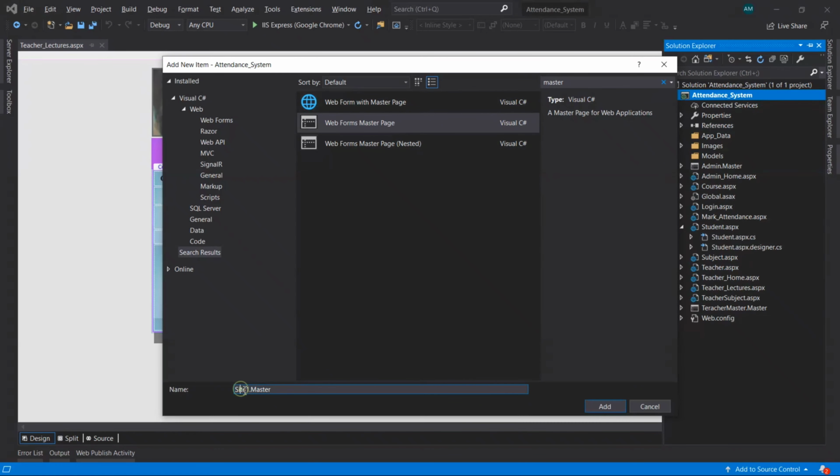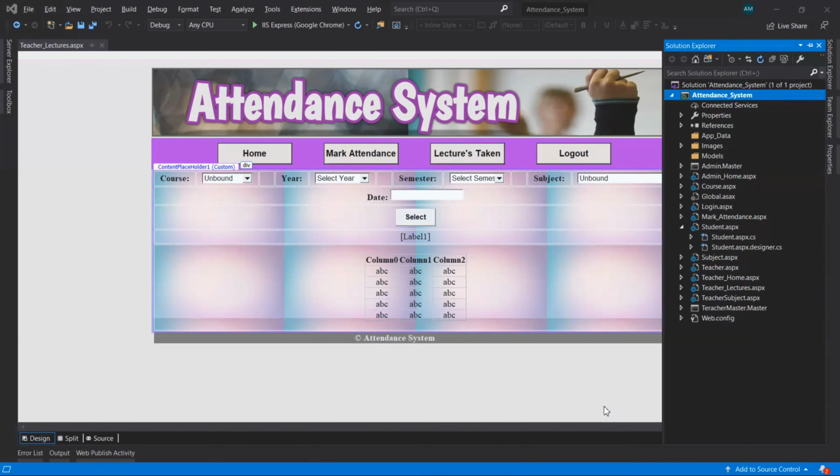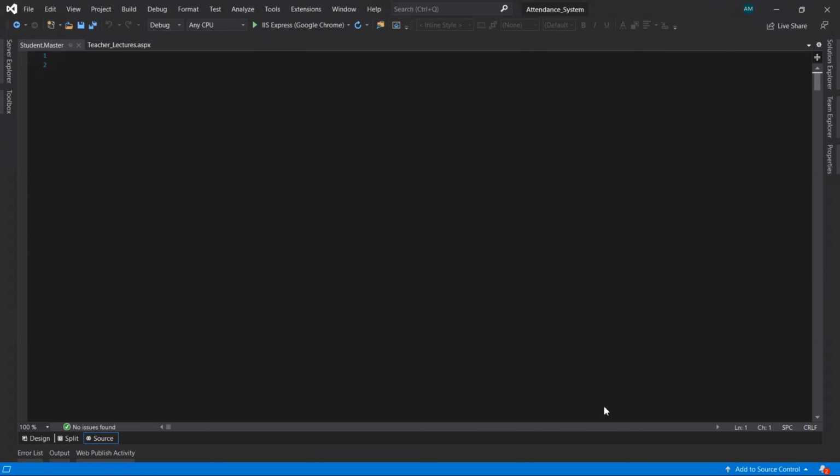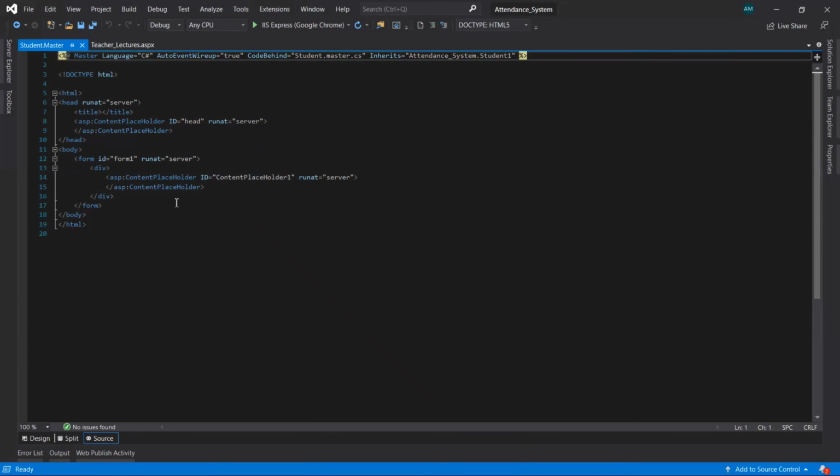Now we want to change the name of the page. Let it be student.master. Click on add. Now we want to design the master page.